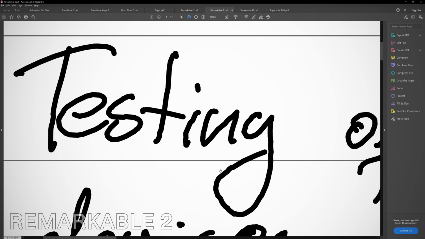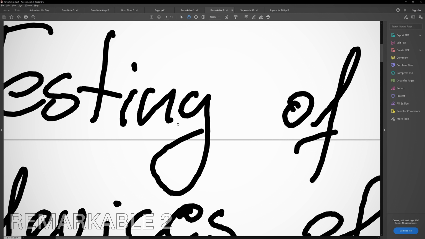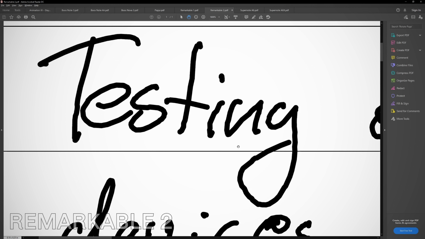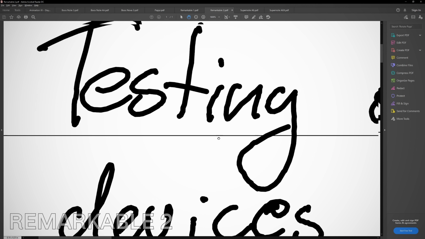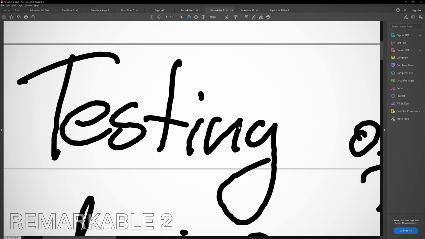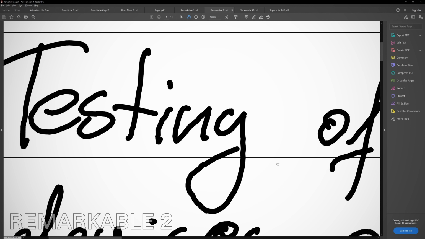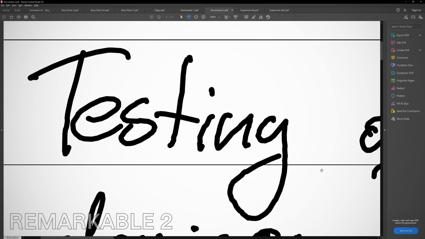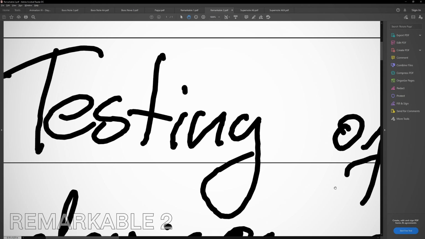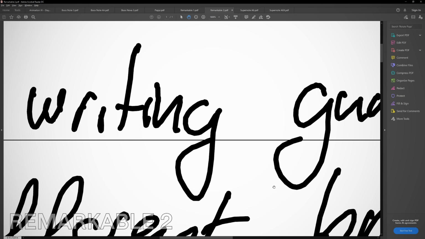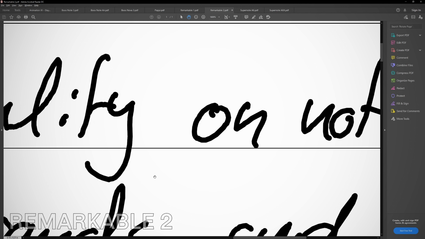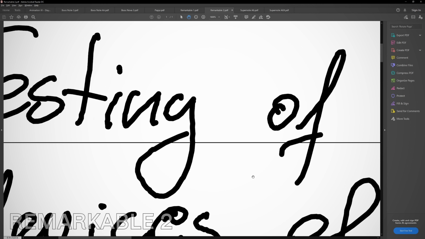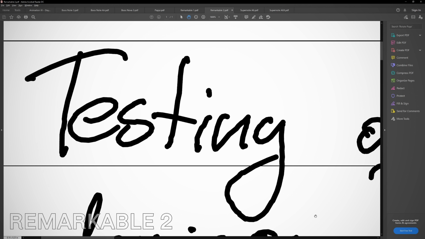However, then we get the imprecisions, and I tried my best to write as lightly as I could, to try to eliminate the jagged edges out of the equation if I could. However, and of course I'm not using any of the hacks, because that's not the point, where I'm testing what the device is able to do via normal factory updates, and basically what's the factory state of the device. So I'm not interested in hacks or anything like that. And you can see that the results are better. So we definitely see that increased resolution of strokes is interpreted better compared to Remarkable 1,